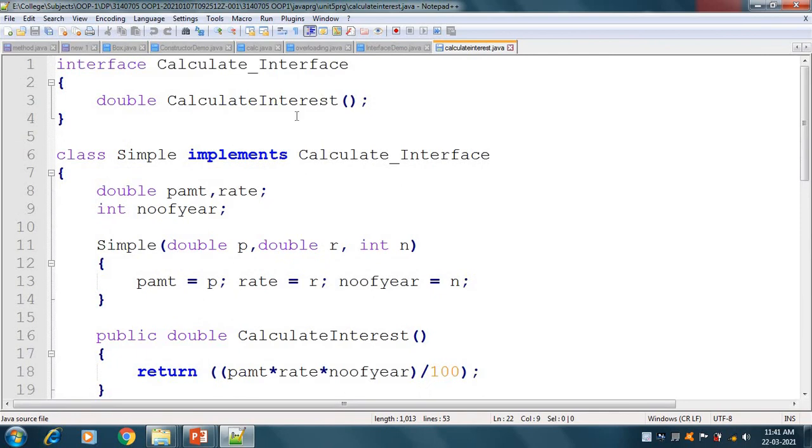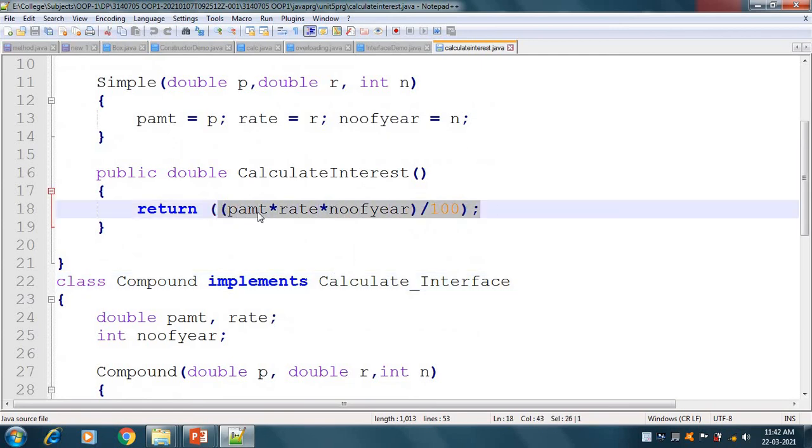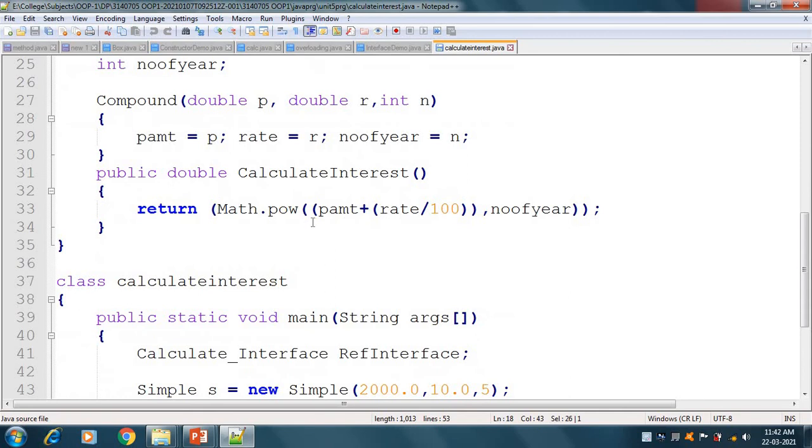Both times we can see only that calculateInterest is being called, but the first time the method called will return P into R into number of years divided by 100, and the second time we call the method, it will have a different logic.